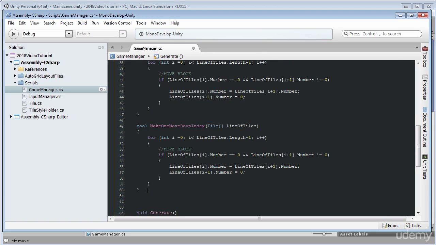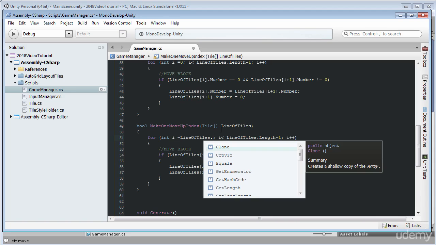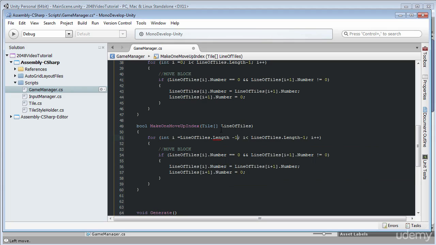And I will change it a little bit to represent our method move up index. So here I will write make one move up index, and right now we have to be attentive to make some important changes. So if we are moving up index, we'll have to search from our highest index. So I will write here line of tiles dot length -1. So we are starting to search for our move combinations from the highest number possible, and this condition will now